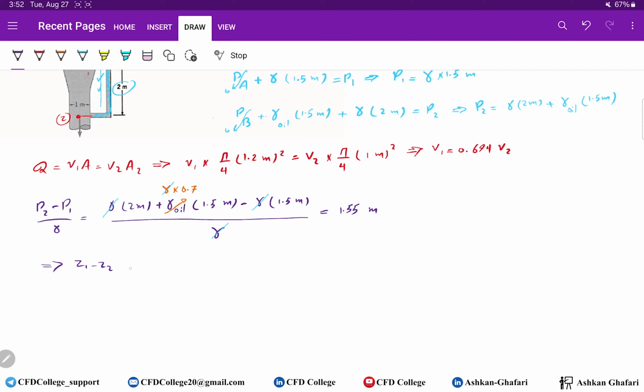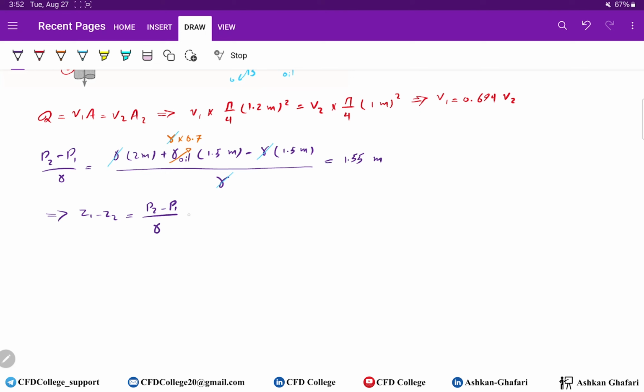So Z1 minus Z2 equals, this is the easiest part, divided by gamma plus V2 square over 2G minus V1 square over 2G, and you should put this value instead of V1, you should replace it. So 2 meters equals 1.55 meters plus,